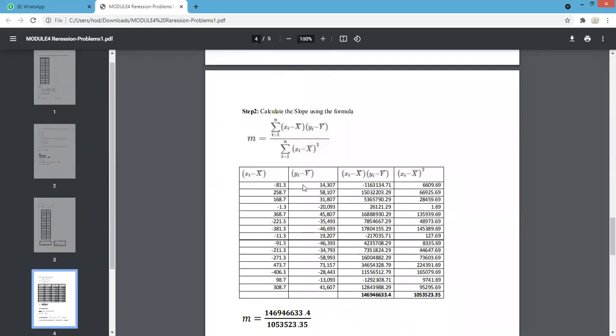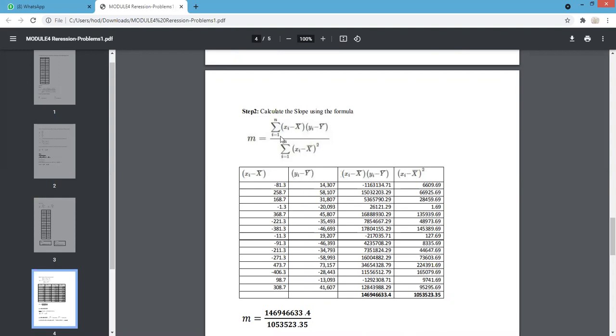So you get this particular value. Similarly, consecutive values we have calculated: xi minus x bar, yi minus y bar. Now we have seen that this is a formula where these two values are multiplied. So we are multiplying this value by this value, so we get this value. Similarly, we are multiplying these two, so we get this one. Similarly, we do for all.